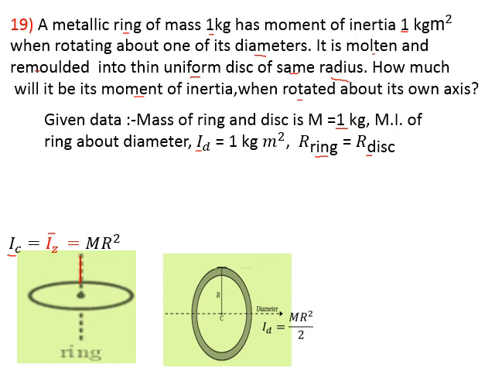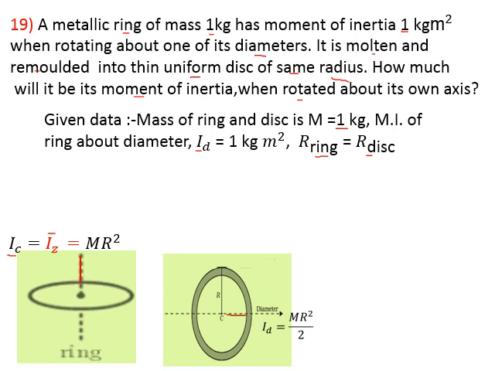Same ring is taken here, but this is the diameter, and about this diameter we have to find out the formula for moment of inertia. How can we find this? This may be a question for theory marks. Obtain the formula for moment of inertia about the diameter of the ring.